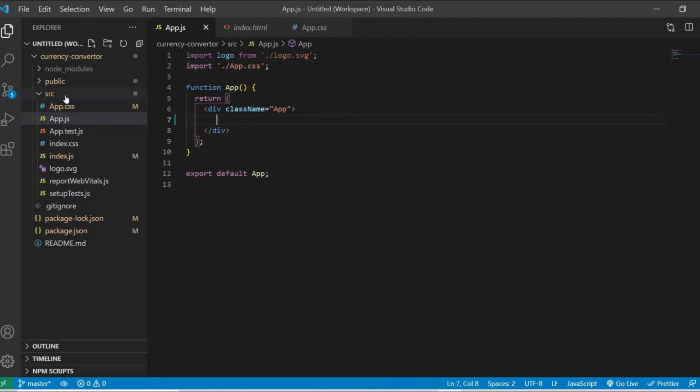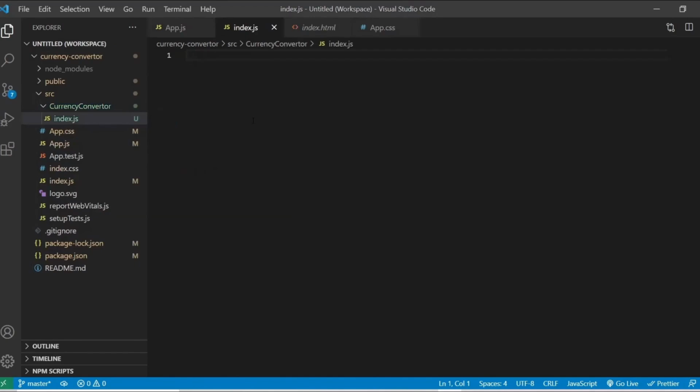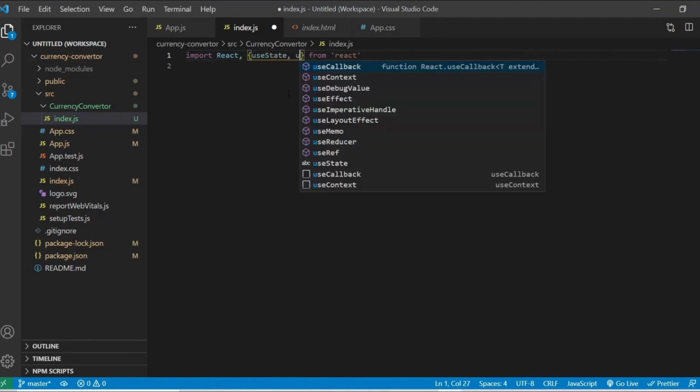So I have just removed the default content of React, and I'm creating one folder here, currency converter. So I'm going to create one file, index.js. So the file is created. So I'm importing React, and from React I need the hooks useState and useEffect.